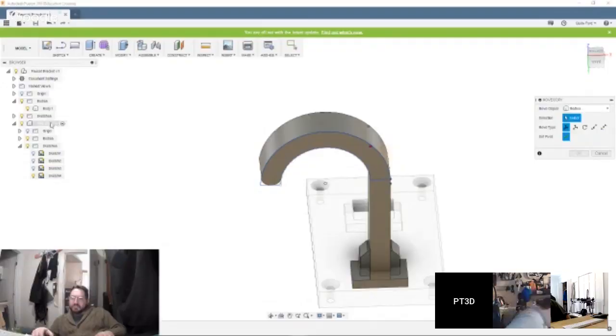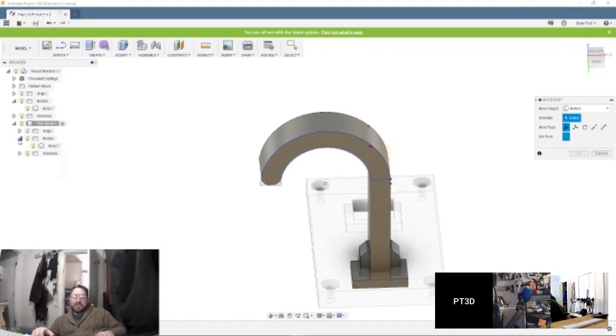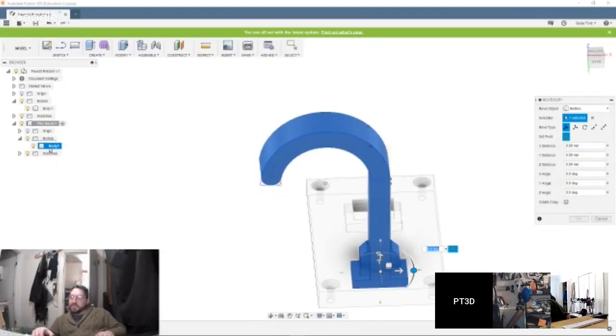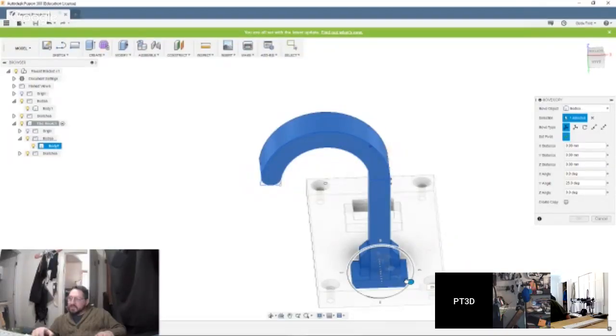Go over to your left timeline and select it. Open the bodies. Drop down to the body. Well, I've got it right there. No, that's your component. You don't have the body selected. Oh, okay, I got you. Ah, now you can do it. Okay, something's locked that I don't know about.